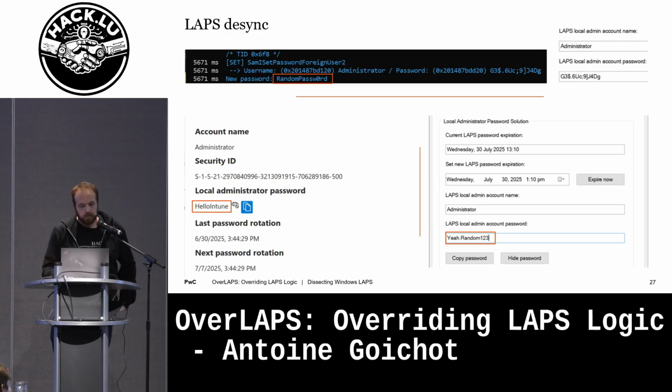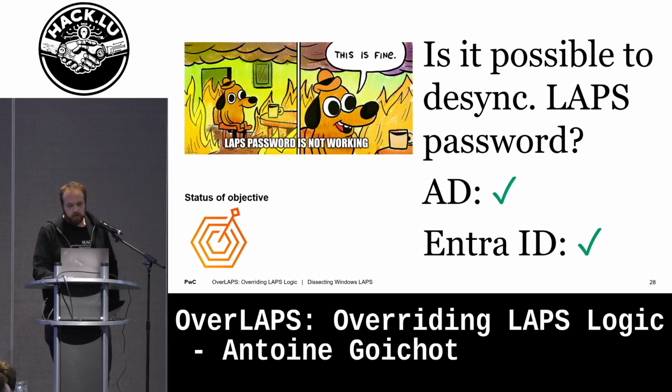And we can do the opposite, so we can send a password that will be stored in Intune or in Active Directory, and the password will be encrypted and so on. So from an admin perspective, they will see that the password is hello Intune or random $123. So basically we have achieved our second objective, and now we'll try to move on to the third one.